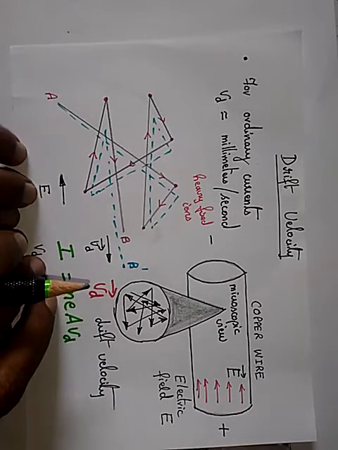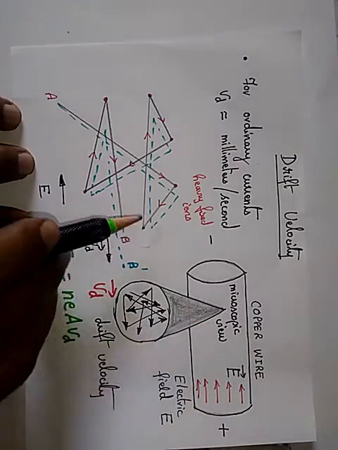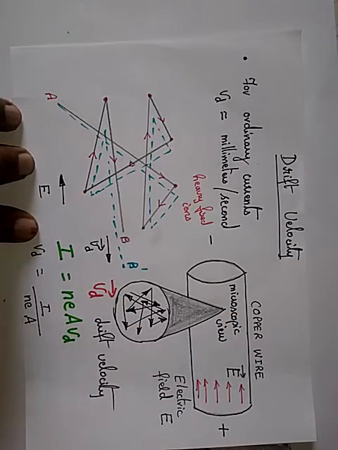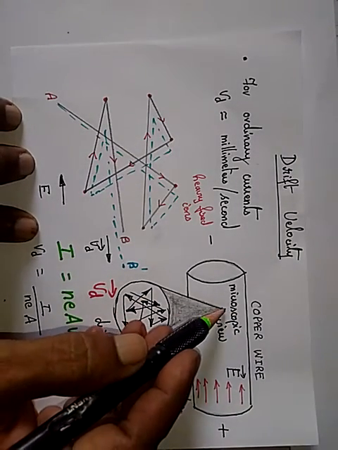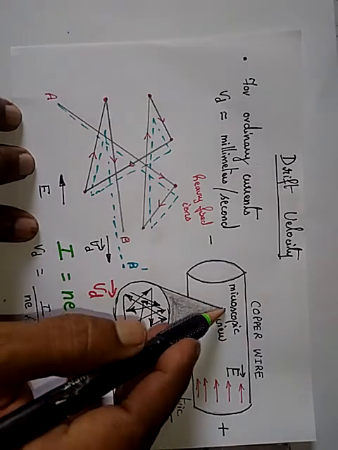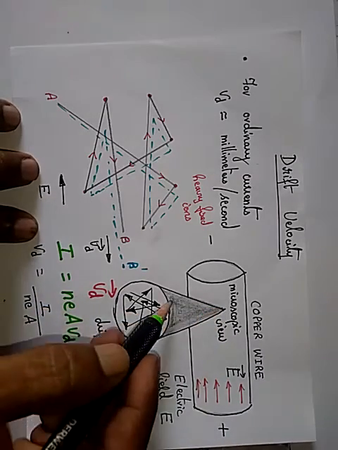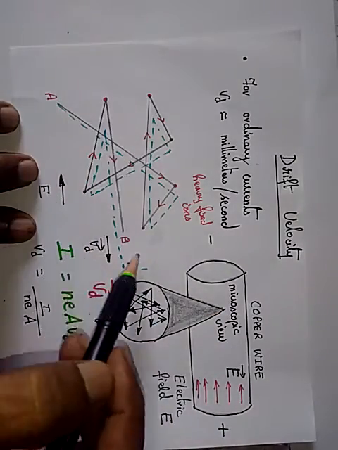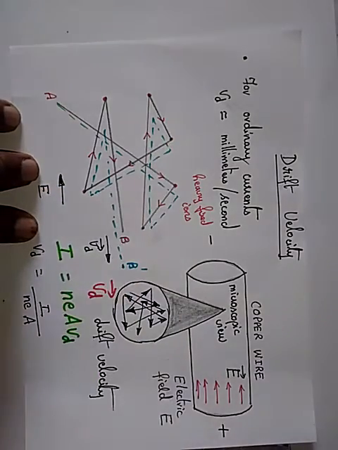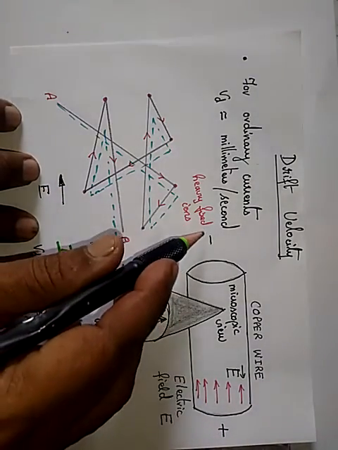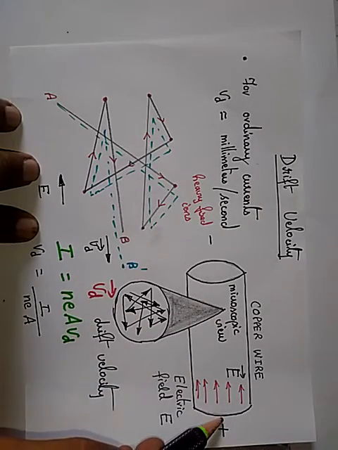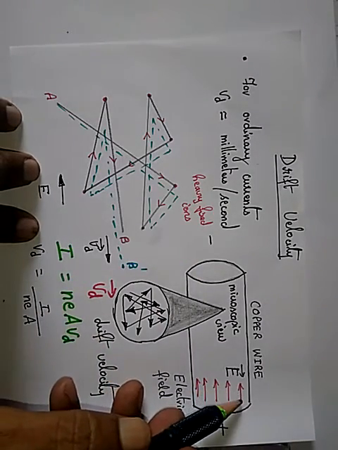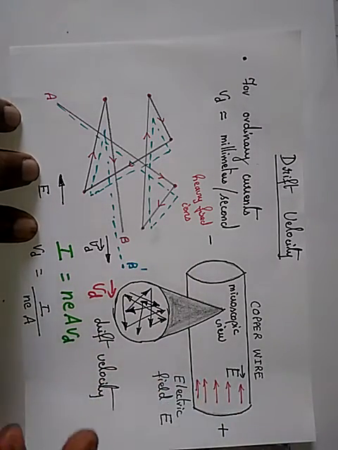Now what happens is, if we give a potential, so assume this is a copper wire. Now if you see a particular point, this is a microscopic viewpoint. This is the collision that happens at this point itself. So that's what has been elaborated here. Now if you give an applied electric field, that means if you give a potential between this point and this point, positive at this point and negative at this point, the electric field lines are directed in this direction.